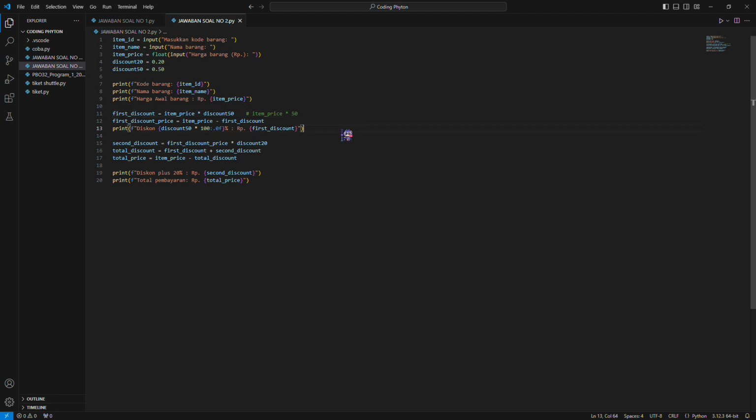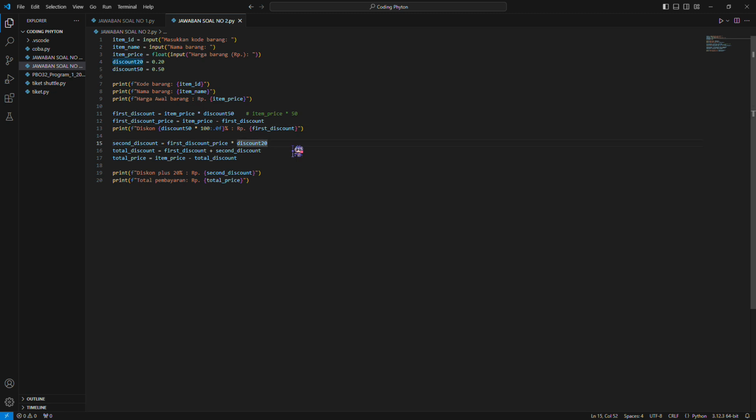Here the program calculates the first discount by multiplying the item price by 50%, stored in variable discount50, and the result is stored in the first discount variable. Then the price after applying the first discount is calculated by subtracting the first discount from the item price, and this value is stored in the first discount price variable. Finally, the 50% discount amount is printed using formatting.